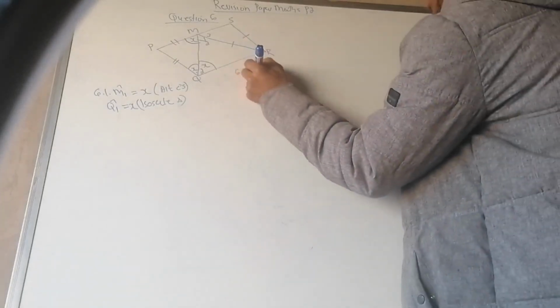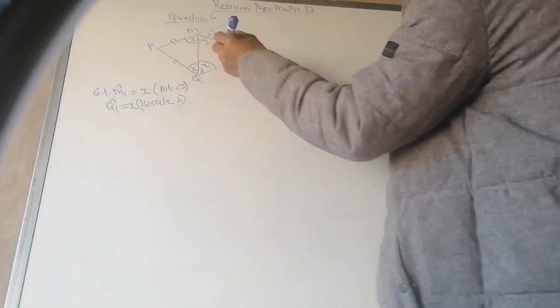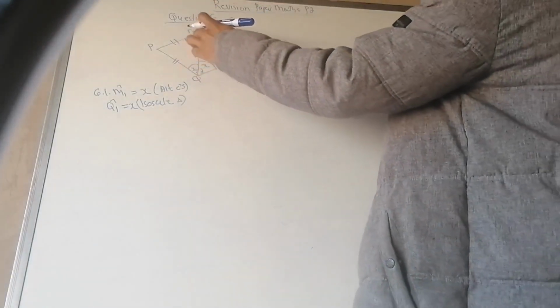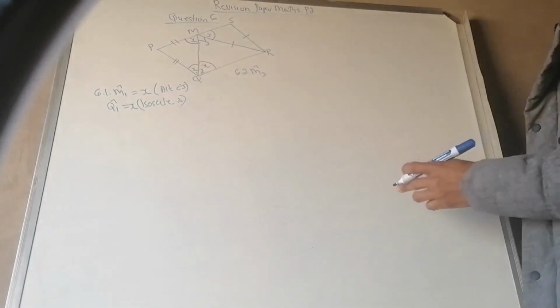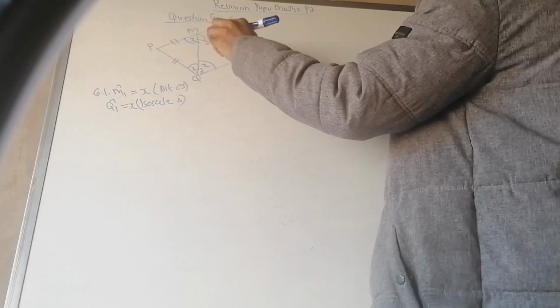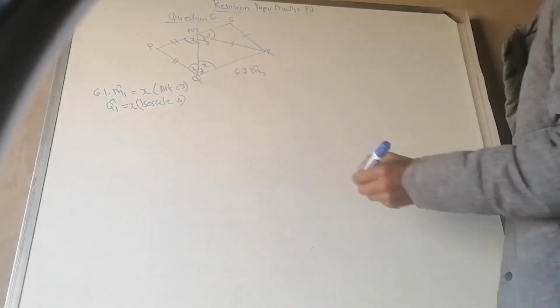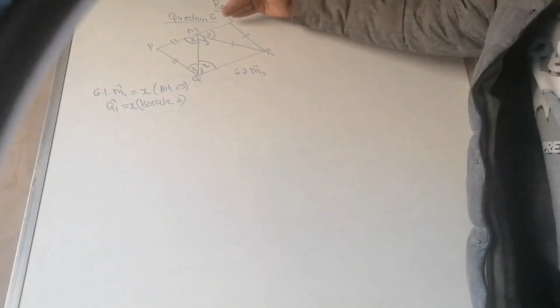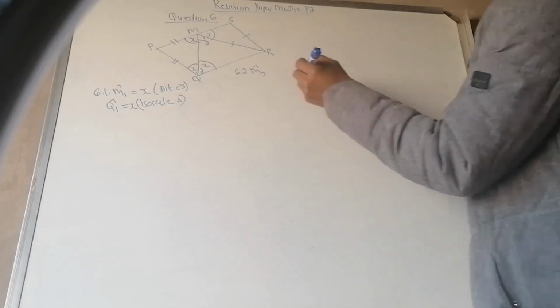Next, determine the size of M3 in terms of X. Find M3 in terms of X. I know that M1 plus M2 plus M3 equals 180 because it's a straight line. So I can say that